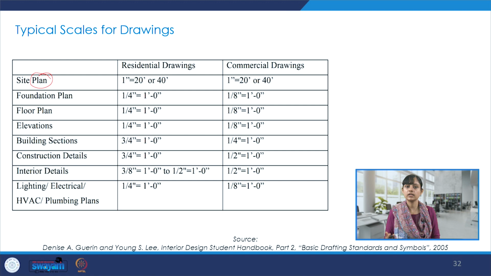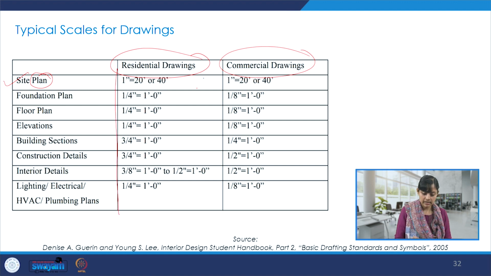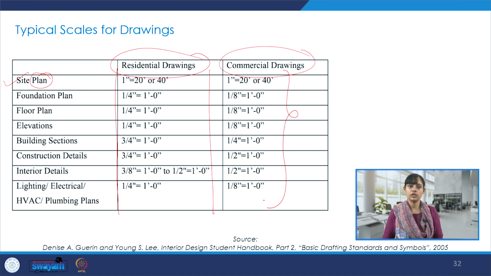For interior architecture projects, we would require plans of varied typology to communicate our drawings, details and ideas. So there's a site plan, and of course there are residential drawings and commercial drawings. There may be slight variation in terms of scale and representation. But in terms of typology, starting with the site plan, which is very crucial,